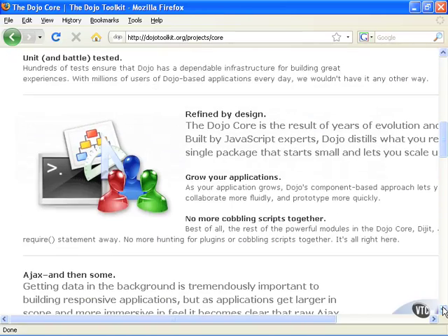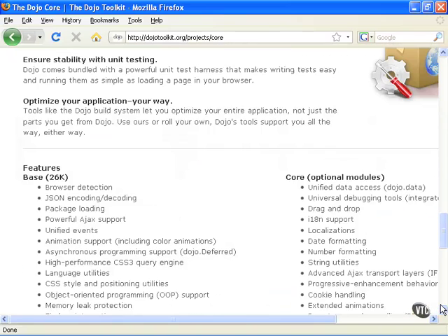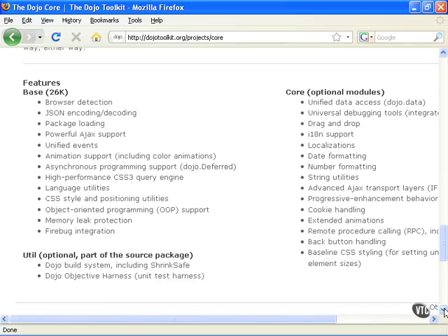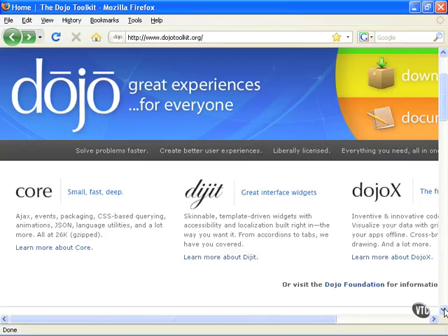It does have a lot of good information in here, and if you have time, I'd recommend that you go through here and read all of it. I'm going to skip on down here to the bottom, and it talks about the base features. So even within the core, we have the base, and then we have the core optional modules, and then the util optional module. Because the Dojo Toolkit is broken up into these different modules, we only have to load the things that we need. So we're not going to have to force our end users to download a whole bunch of stuff that they don't need. I'm going to go ahead and jump back here to the main page,